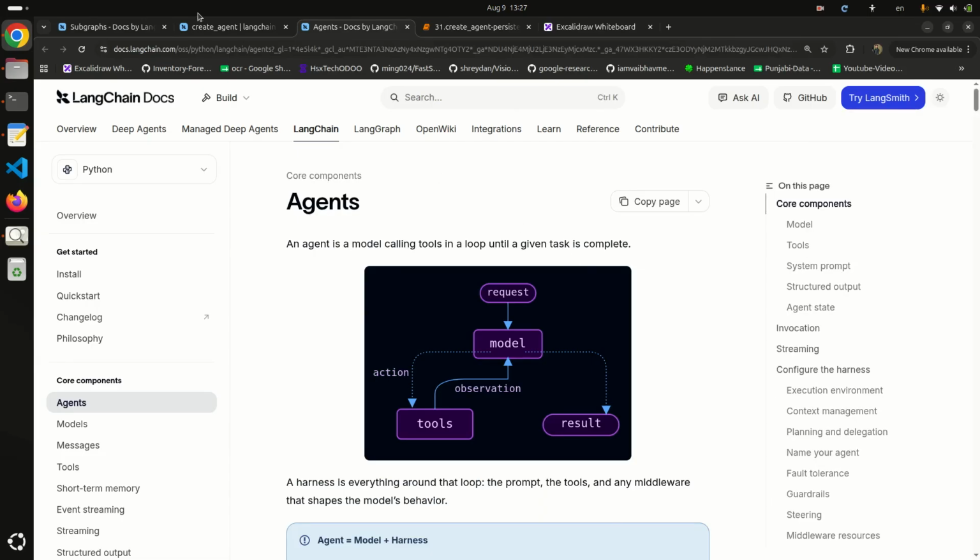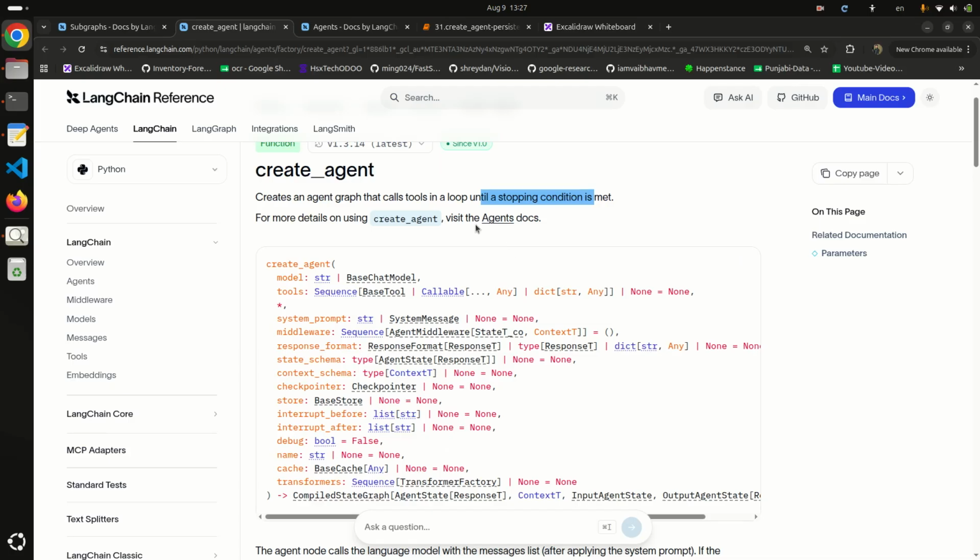So just consider that this create_agent is the agent we previously built manually. We attach different tools, we create the state, and we update the state. So instead of writing the code from scratch, LangChain provides a class, or agent, whose name is create_agent. In future videos we will mostly use this agent instead of building the agent from scratch.